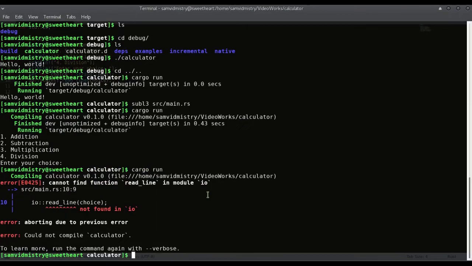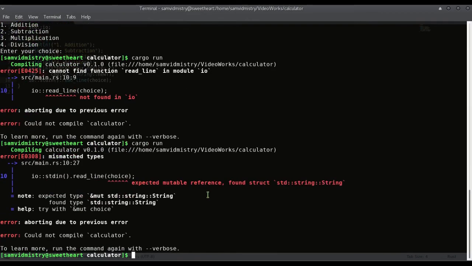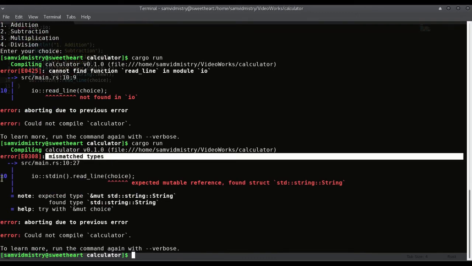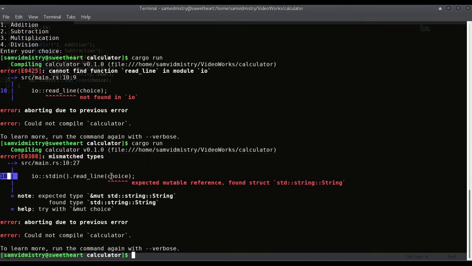Let's try again, cargo run, and we hit another error. So this time the error is mismatched types. It is occurring on line 10 and it is occurring here. So it says expected type was mutable string and found only string. It also gives hint on why or how you can correct your program. So mutable choice is what you should type, but rather than confusing you much, let me tell you why the